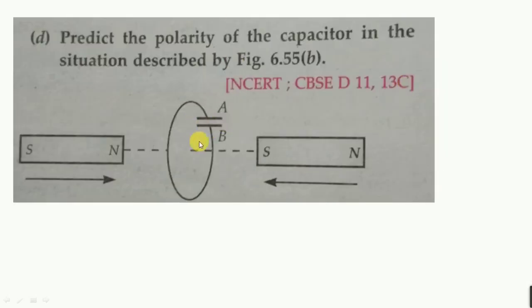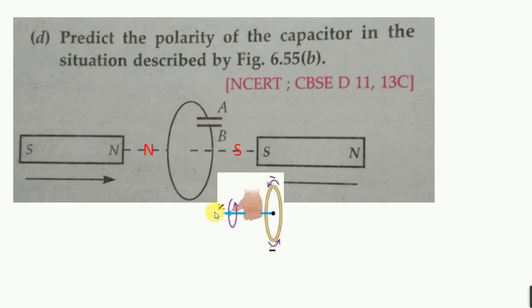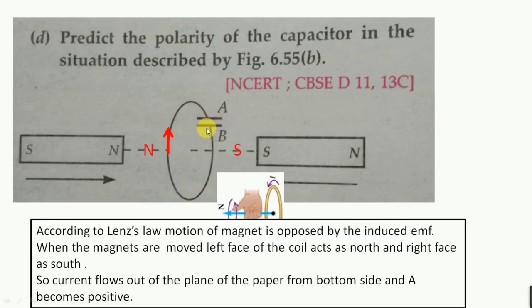Now a capacitor is connected out here. I have to predict the charge on the capacitor. This is north, which is coming towards this. That means this coil should oppose this north coming towards it. So our north should be out here and south should be produced out here. Now let's use the right hand thumb rule. North is that side, so from above the conductor the current is going up. Current going upward means positive charge is moving in this way. So A will be positive and B will be negative.